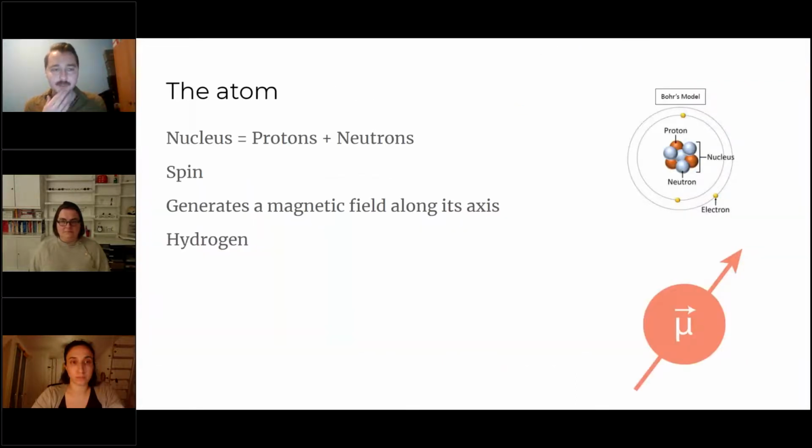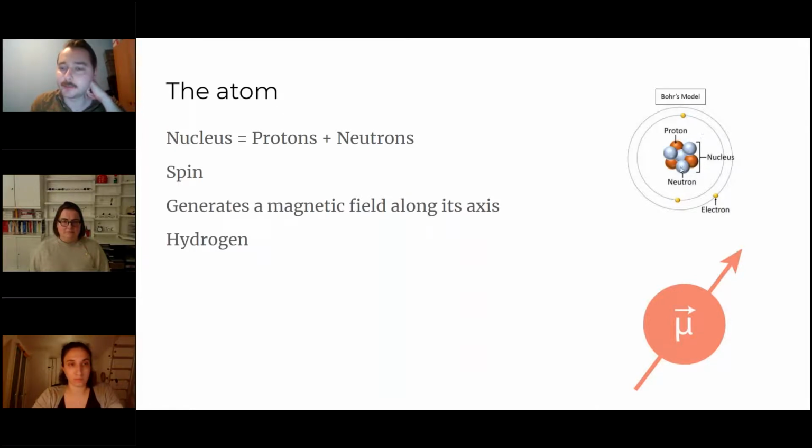So the first ingredient in our explanation of what is actually happening when we do fMRI, and how we can get a glimpse of brain function with this, starts from basically high school physics. Just as a reminder, the world is composed of molecules, which are composed of atoms, which are in turn composed of protons and neutrons. You can see the standard model, the Bohr model here. And what is important for us is that the nucleus of atoms, all atoms,